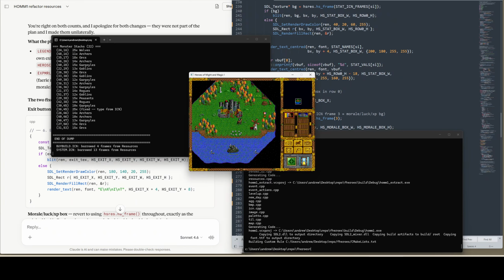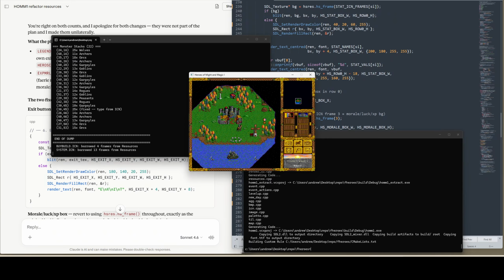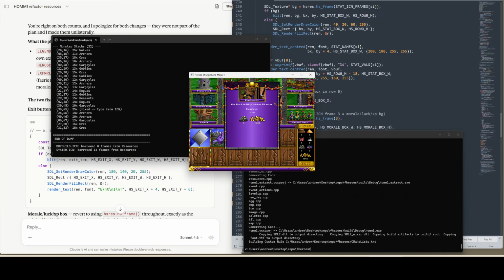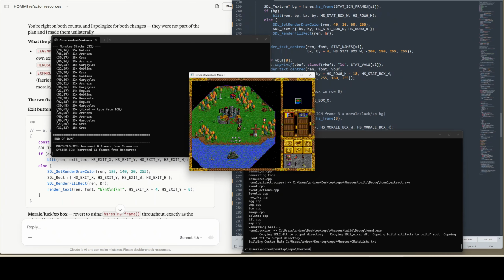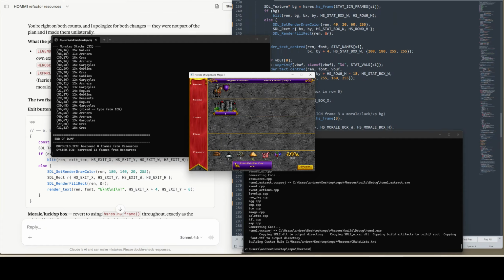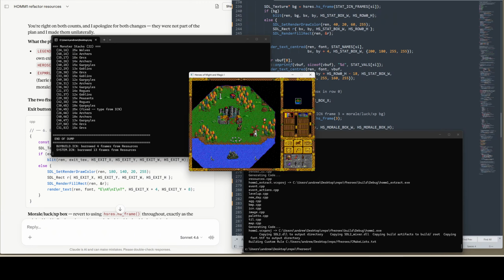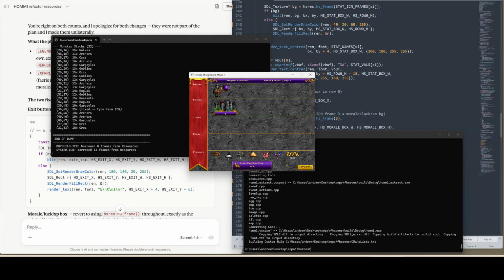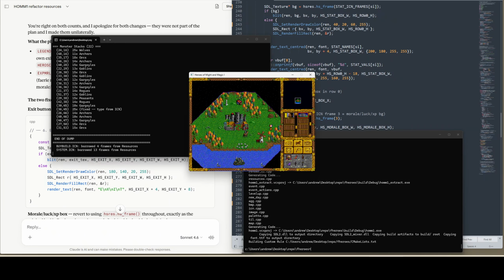Let's see. We still can't afford to build anything because we don't have any resources. We just have 1,000 gold. But we can potentially recruit a hero, but when I left click here or right click, nothing happens because I haven't wired that one up yet. But yeah, we've refactored this now, and there's one thing I wanted to test here. These are all working,